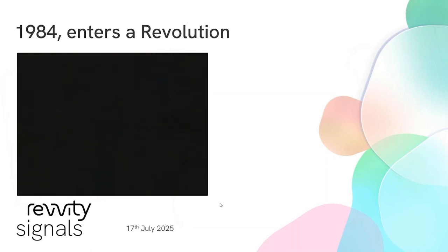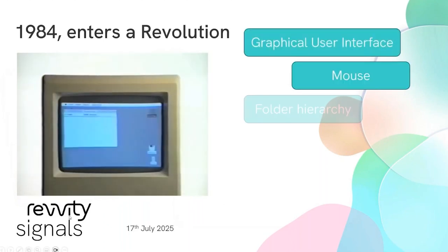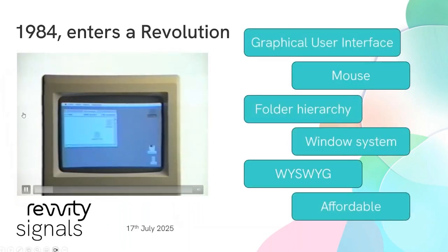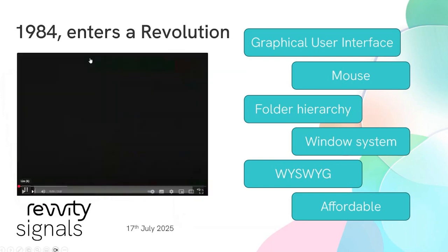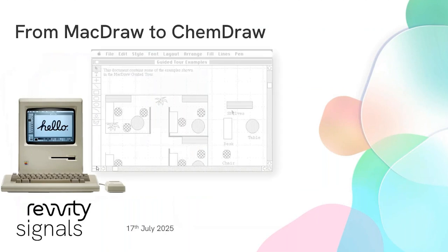So this was the first Macintosh that was released at the beginning of 1984, and it was actually a revolution. Introducing Macintosh. It was providing users a graphical interface with a mouse, a folder hierarchy, and a Windows system, including an affordable price. So that changes the game a lot, because with this Macintosh came a number of programs, including